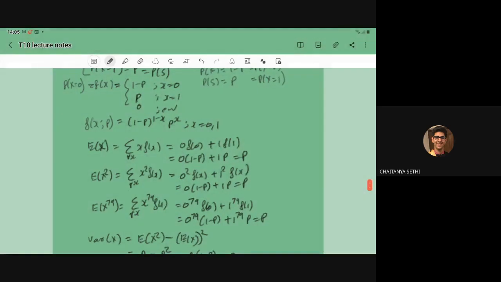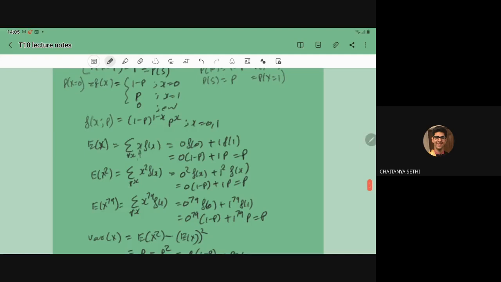Now from here we have to compute the values of the different moments. So the moments will be E[X]. The basic formula is value into probability. Since it is discrete, X can take only two values, so it becomes 0 times f(0) plus 1 times f(1). So 0 into 1 minus p and 1 into p, which gives the result p.